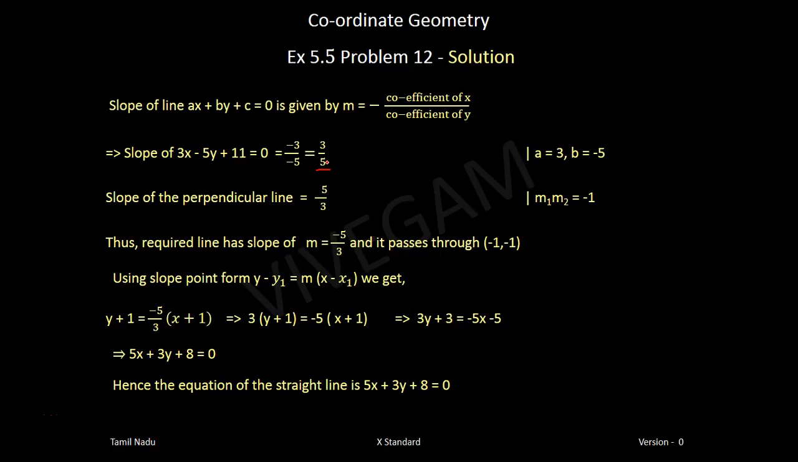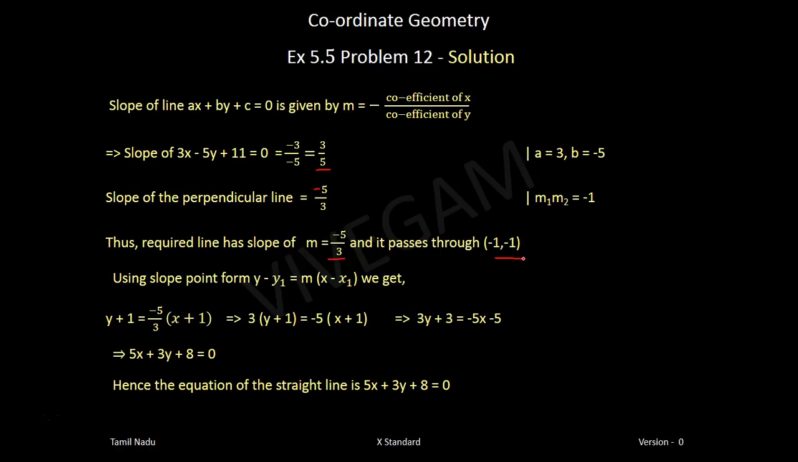So slope of the perpendicular line will be the inverse of this with a negative sign. So it will be 5 by 3. So it will be minus 5 by 3. I think I made a mistake. So it is minus 5 by 3. Oh, here I am writing it as minus 5 by 3, it's a typographical error. So slope of the perpendicular line will be the reciprocal of this, negative reciprocal. So the reciprocal of 3 by 5 is 5 by 3, and you have to add a negative sign to it. So it is minus 5 by 3. Got it? So the required line has a slope of minus 5 by 3,